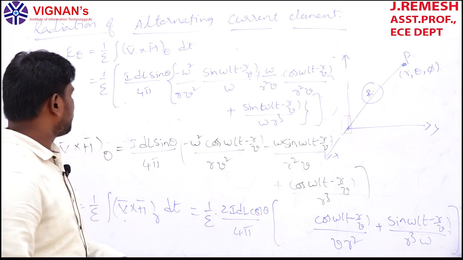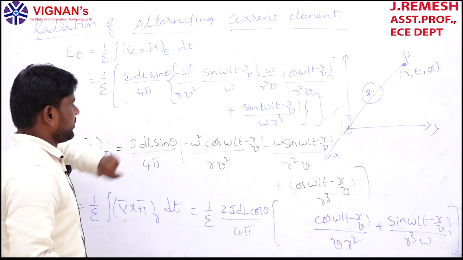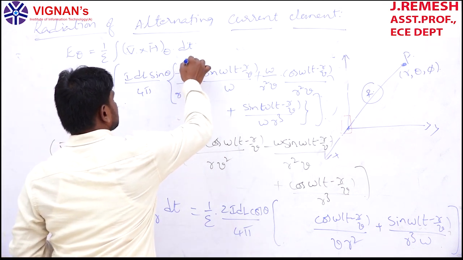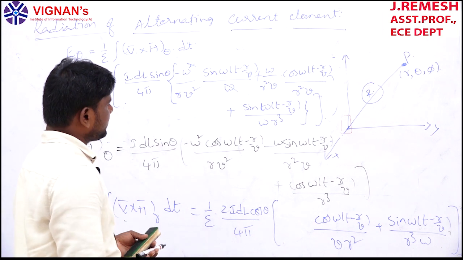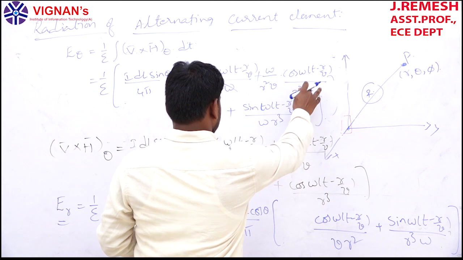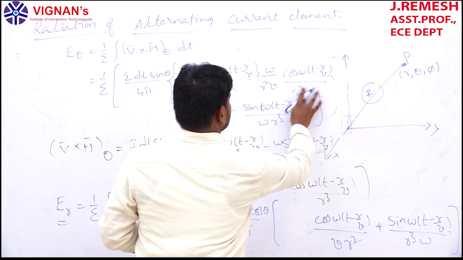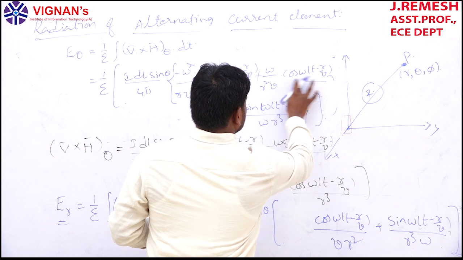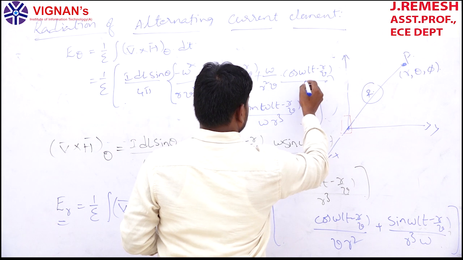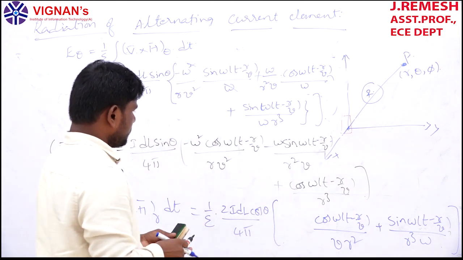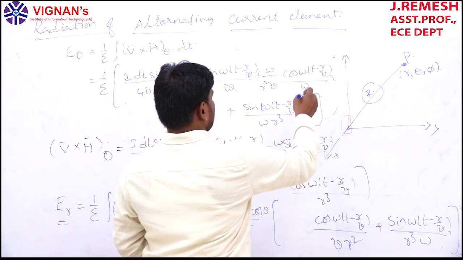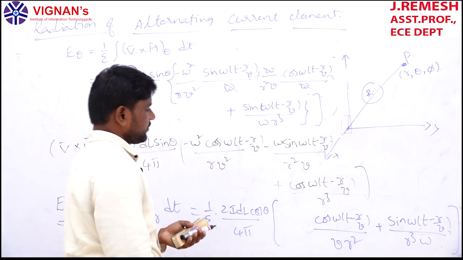So this is exactly what we needed. This is the E theta component. If you want to simplify, you can simplify this one by using omega square, and omega are going to be cancelled here. And in the second term, whenever you are doing integration, r square V by omega will come. So if you go for the third one, sine, here there are no omega terms, but we can cancel the omega term and omega term here.